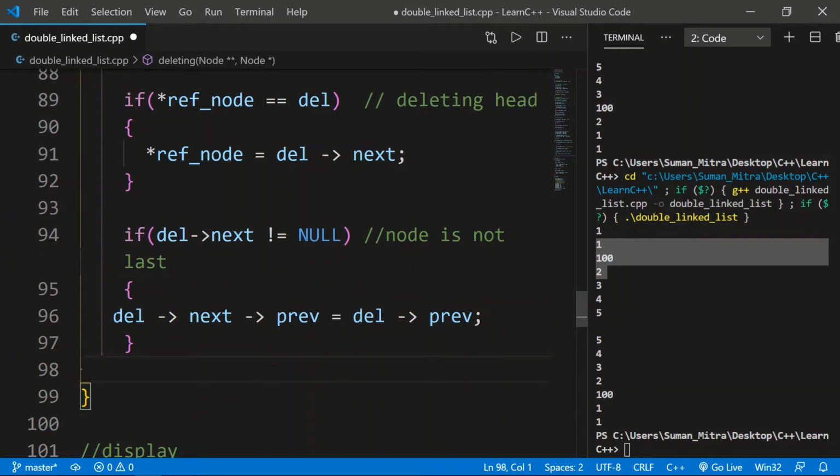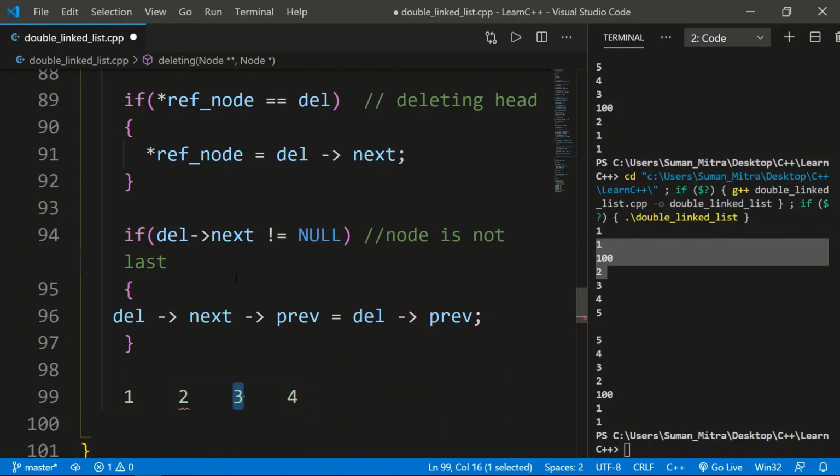What should we do? Whatever is to be deleted, the next one. Suppose I'll show you an example, 1 2 3, suppose one more, 4, we want to delete this 3. Its next is not null because it is pointing to a different node. 3 next is 4, and 4 previous is 3. We want to delete this 3. After deletion, this 4 should point to 2, which was earlier being pointed to by 3. I hope you're getting this.